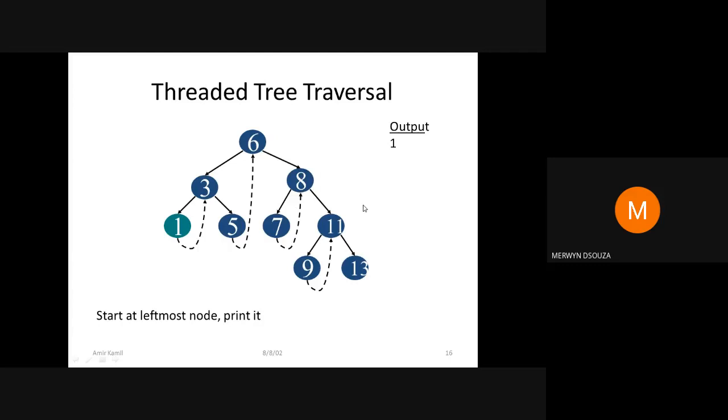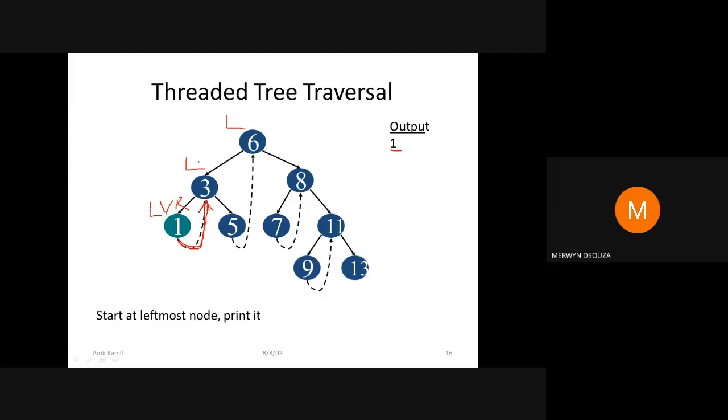If suppose this is your threaded binary tree that has been given to you, and you are told to find the in order traversal. So you will start from the root node. Like I taught you, you will go left, you will go left, you will go left. You cannot go more left, so you will visit the root. When you visit the root, you will put 1 in the output. Then you will go right. When you go right, the difference here is you will be going with this thread.